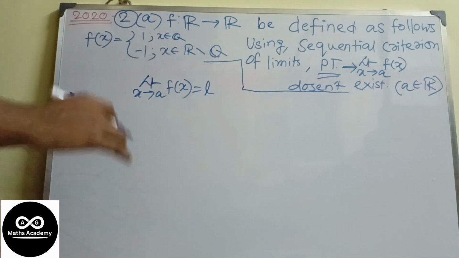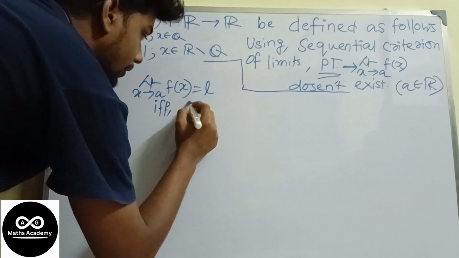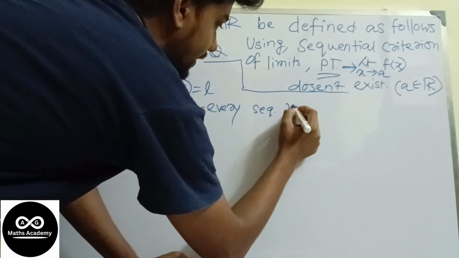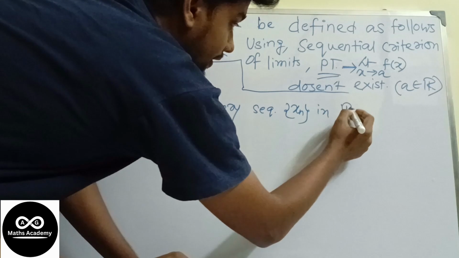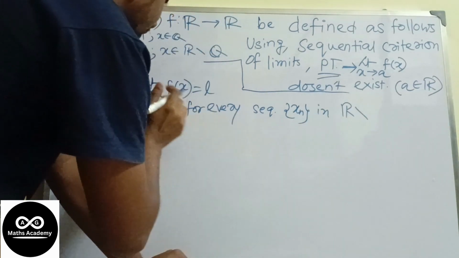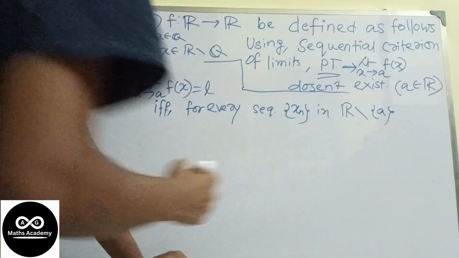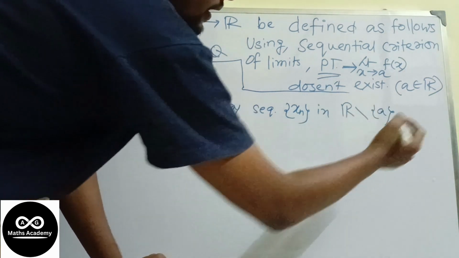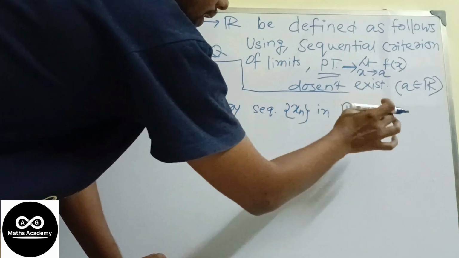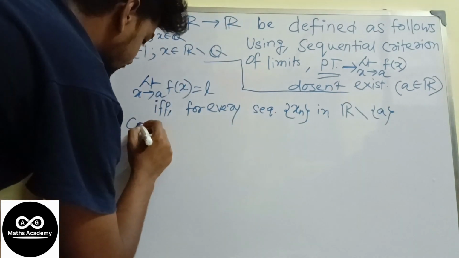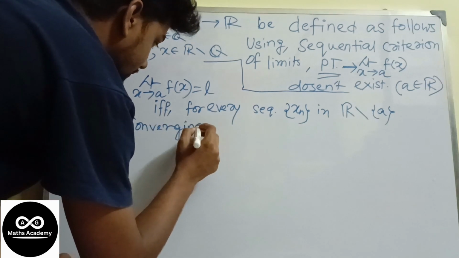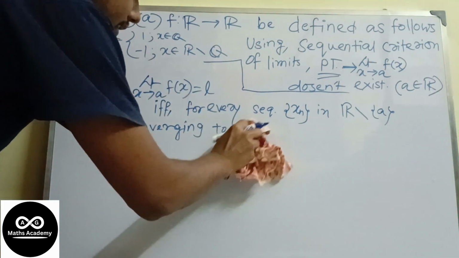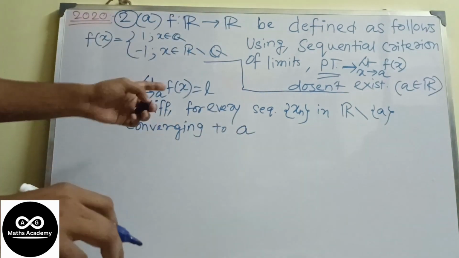Okay, so this holds if and only if for every sequence xn in R minus A, so R excluding this point A, this sequence converging to A,